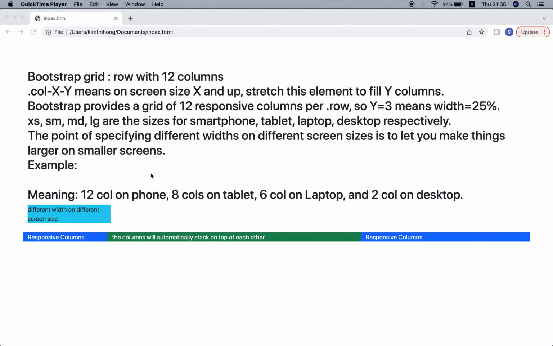For example, we have extra small for smartphone size, small for tablet, medium for laptop, and large for desktop respectively. So we have four different screen sizes, and at each screen size we have a different column width.